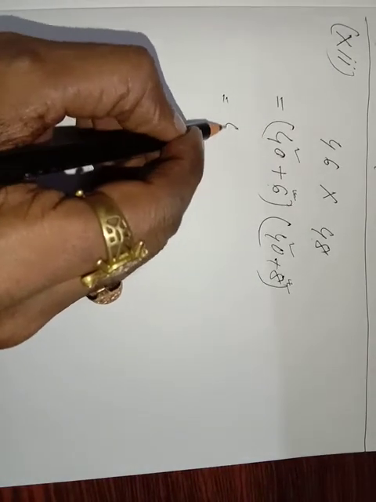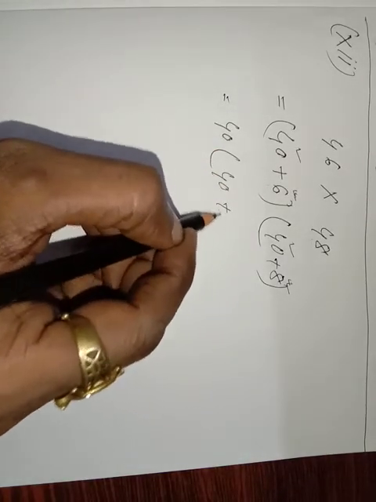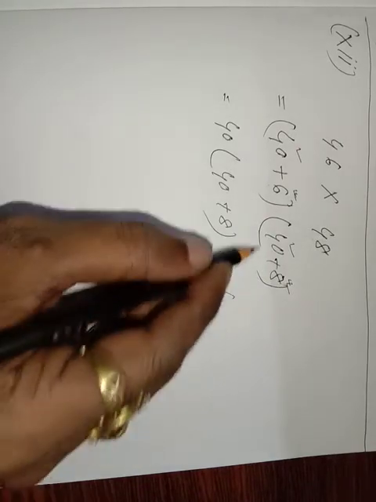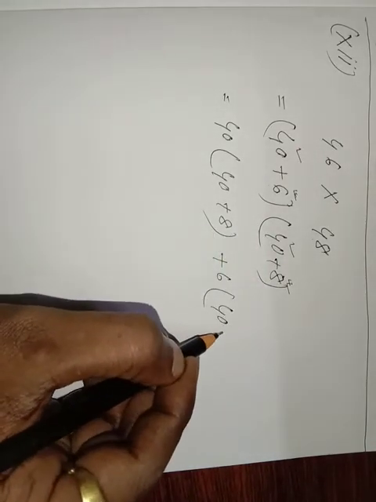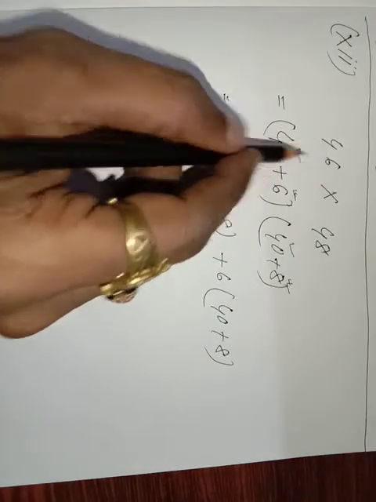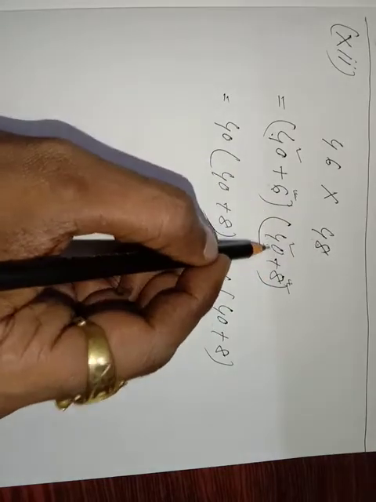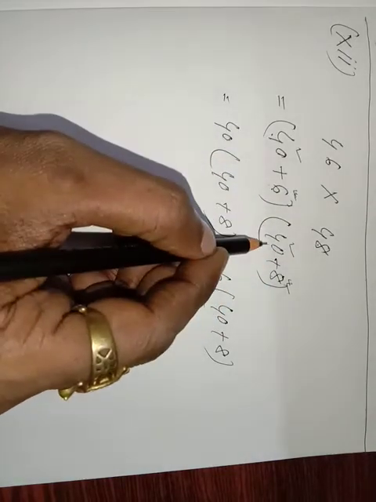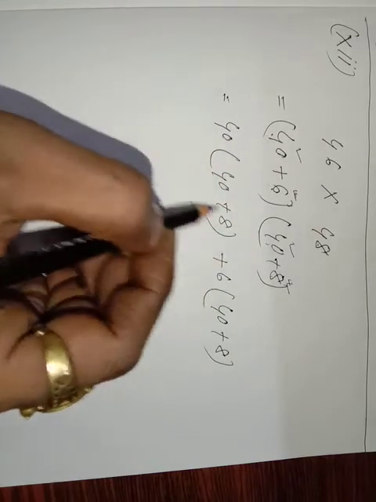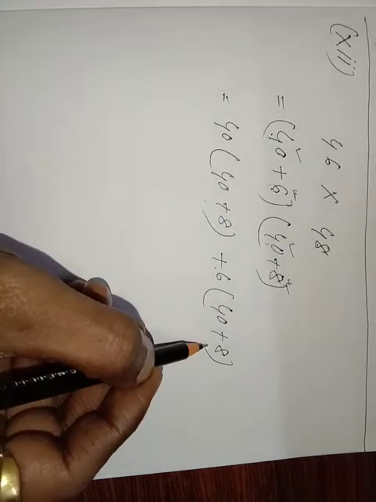First part, 40, keep it here. Second bracket keep it here, 40 plus 8. Next plus 6 keep here. Second bracket keep like that, 40 plus 8. I am repeating here again. 46 given. I am writing 40 plus 6 into 48. 48 means 40 plus 8. You have to keep the first number same. Now you have to open the bracket, first number with second bracket total. Next plus 6, I am writing a plus 6, second bracket total, using the algebra formula.